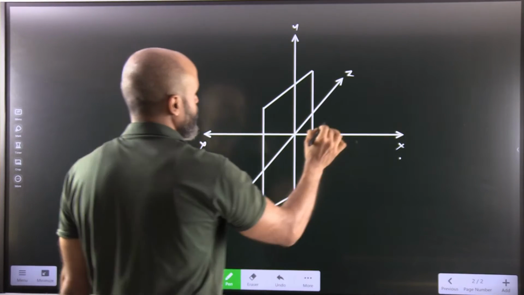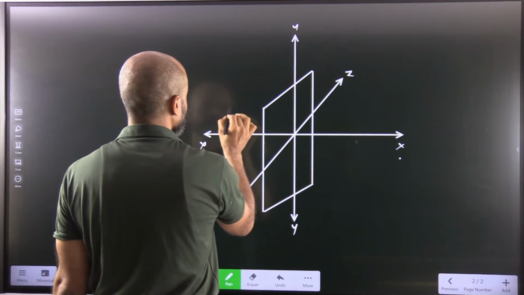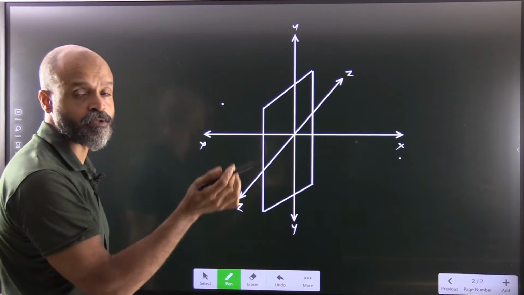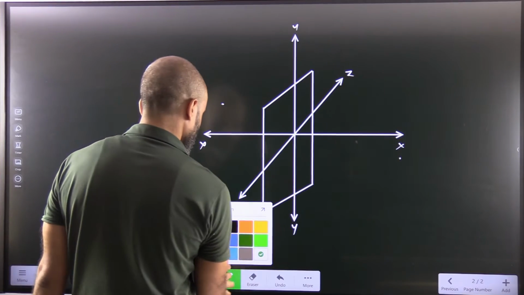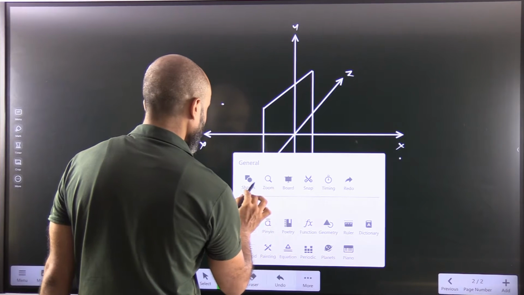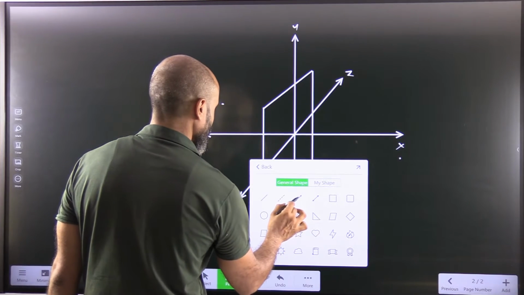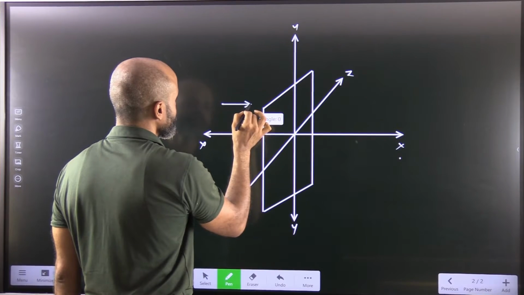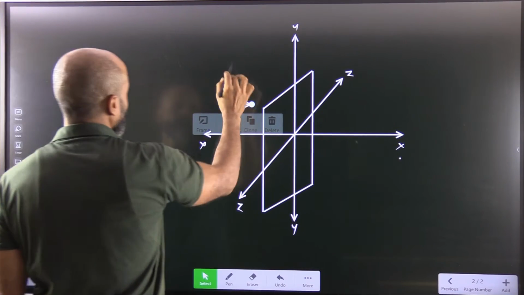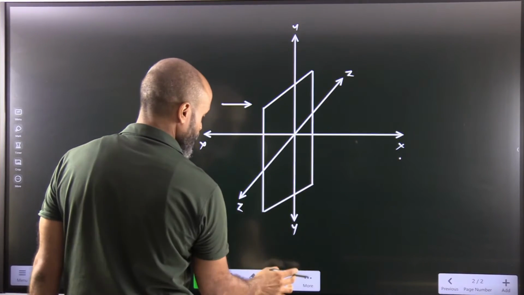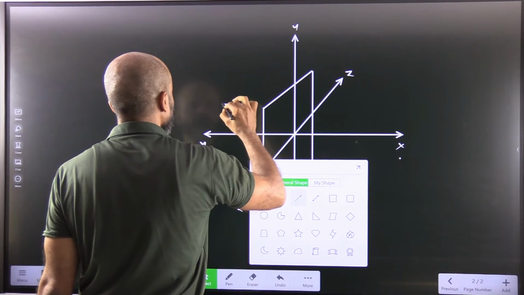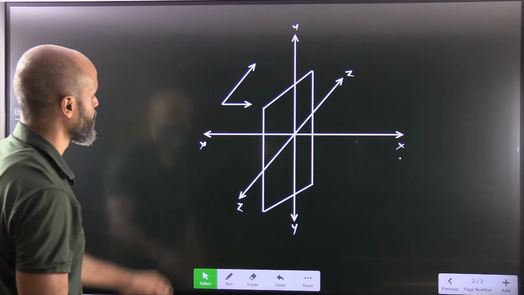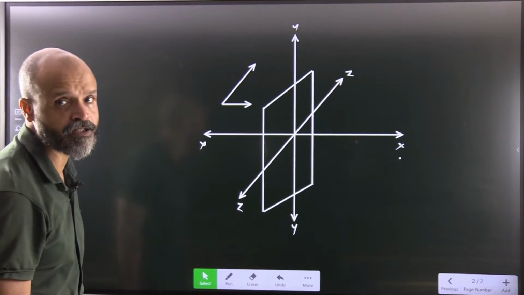Now let's say we have the object somewhere here, and because we always tend to take the object on the left hand side, let's say we are making the object move here. The object is moving in this direction. So the component of velocity along this direction will be this one.